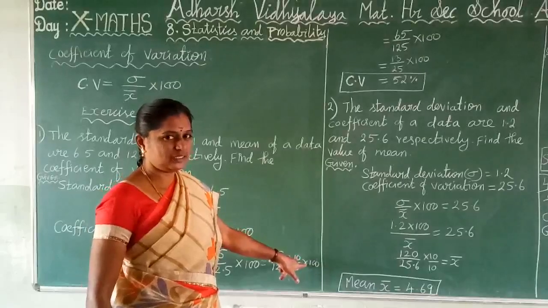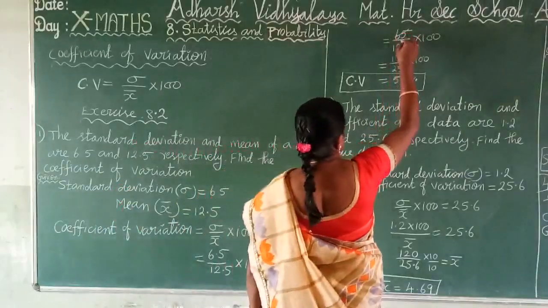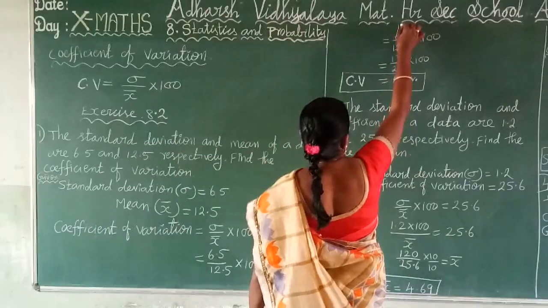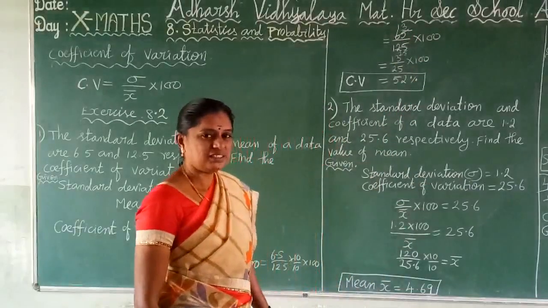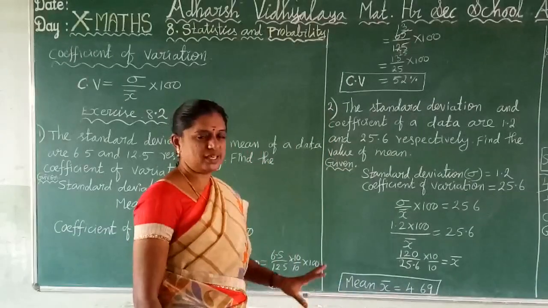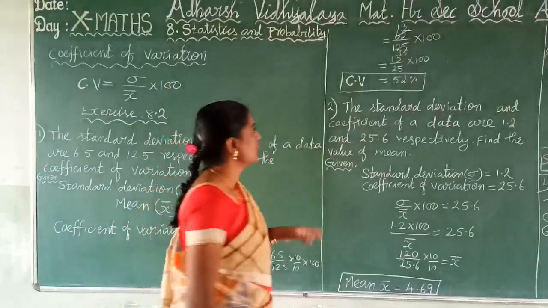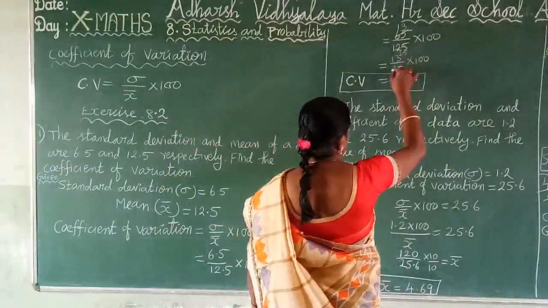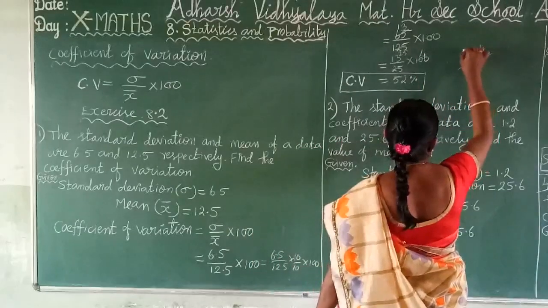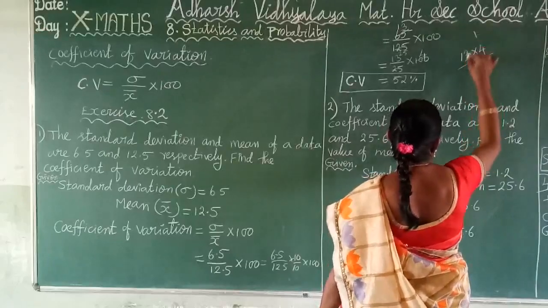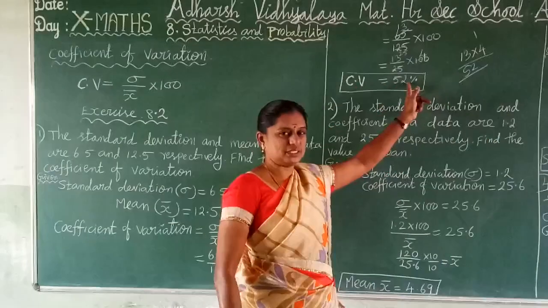We already studied this in lower class, isn't it? So apply the 5 table. Here 5 sevens are 35. Here 25 times. Clear? The last exercise is the simplifications. We do it carefully, the same method. Under the 25 table, 125 is 25, 425 is next 30, into 4 multiply 4 is 12, remainder 1, 4 ones are 4 plus 1, 52. So the coefficient of variation is 52%.